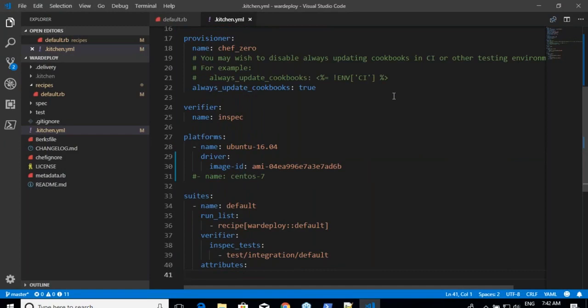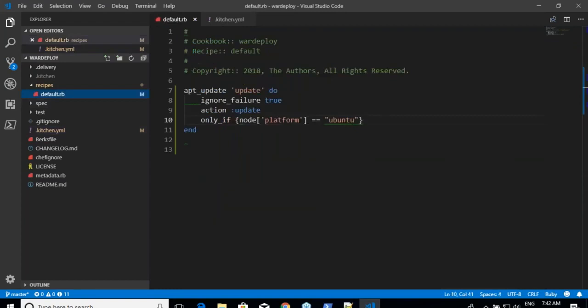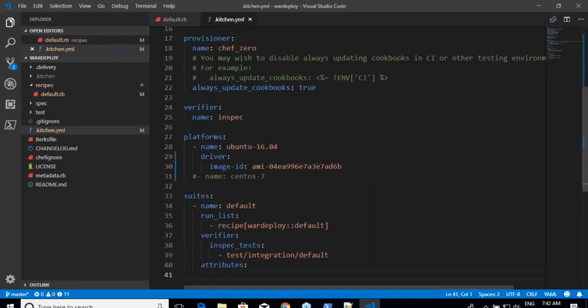Yes. And what is run list pointing to? Default. Do I have something in default? Yes. So did we get to know the connection? Here you will have run list, and whatever is there in the run list will be tried to be executed by the kitchen, right? If you want to run some other file, not default, then change this default to something else. Yeah, that's how it operates.